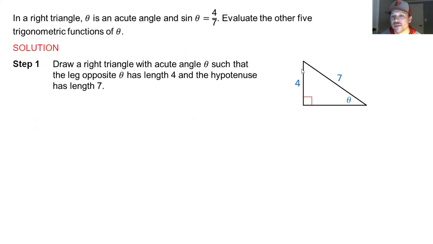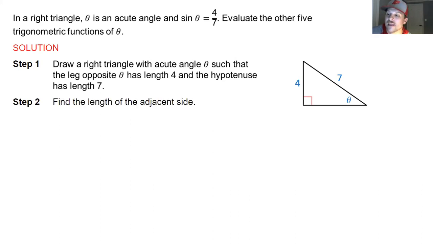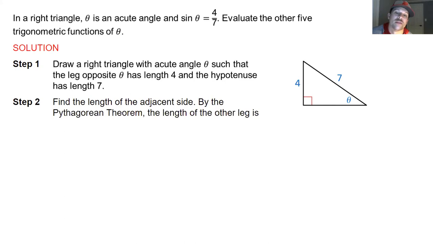Now, some people could have drawn their theta up here, and then your 4 would be down here, and your 7 would still be the hypotenuse. That's okay. Everything is in perspective of where your angle is. So we have a 4 and we have a 7, and now we have to find the length of the missing side. Again, we know our Pythagorean theorem of a squared plus b squared equal to c squared. So when you plug that in, 49 minus 16 gives you 33,